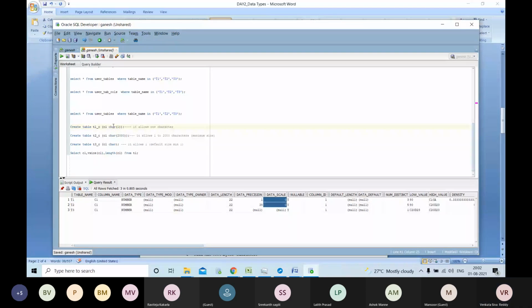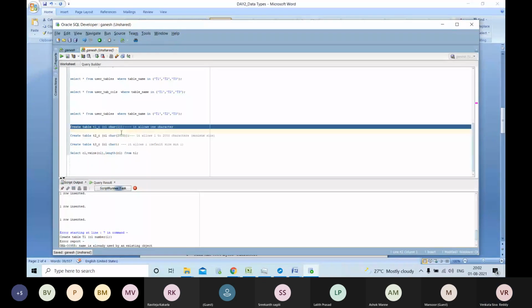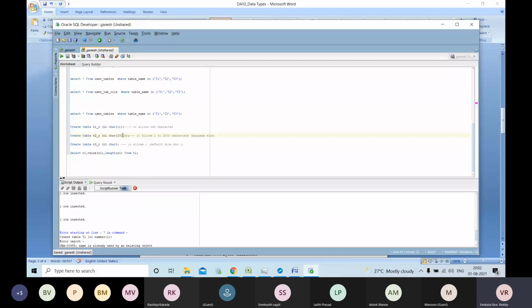Okay, so now I am going to create the table. See, it allows only one character. It allows 2000 characters.